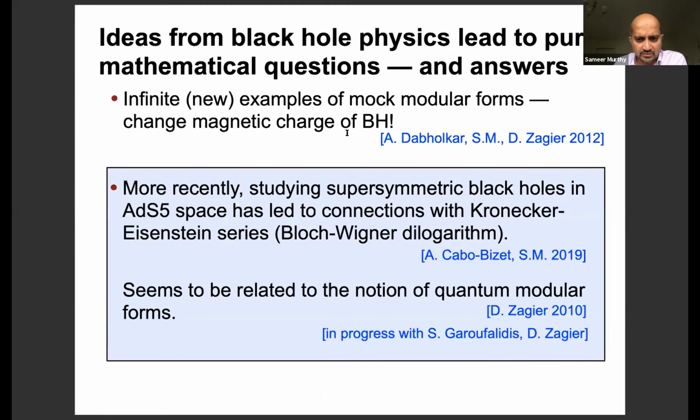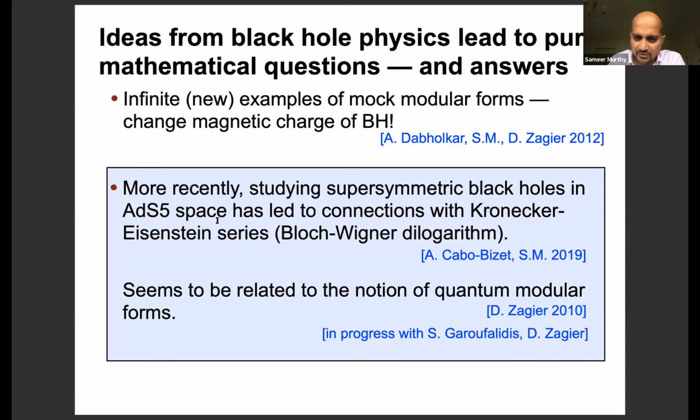I'll end with a very small reference to something current, which is that recently there's a completely different type of black holes, but it's the same philosophy. You study these black holes, you associate these microstates, and you ask, does the generating function have any interesting property? And it turns out that for AdS5, supersymmetric black holes in AdS5 space,